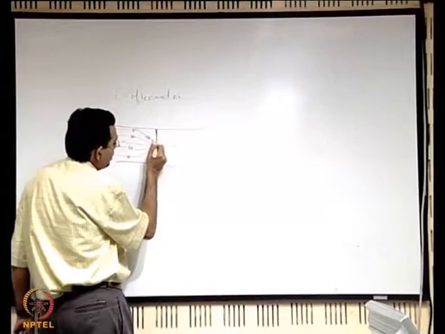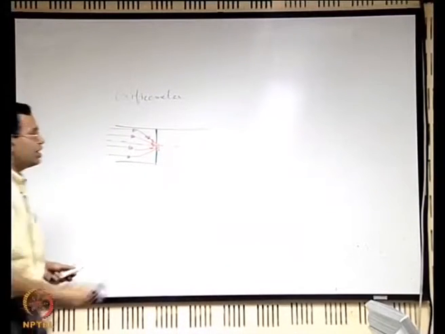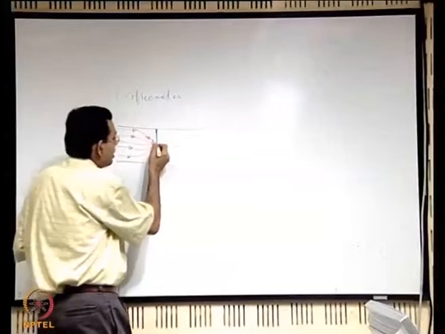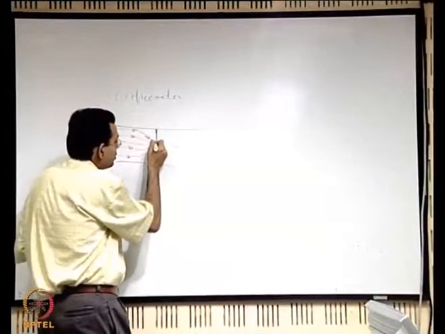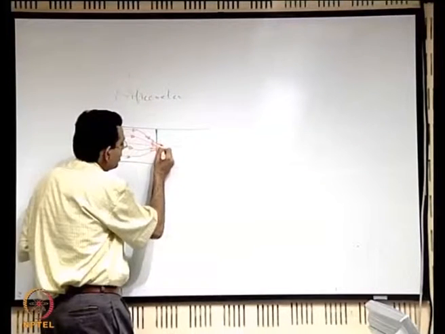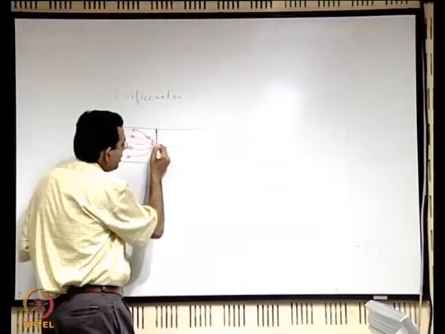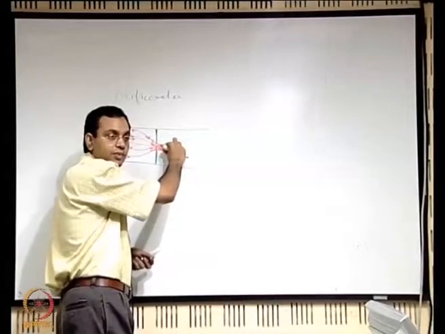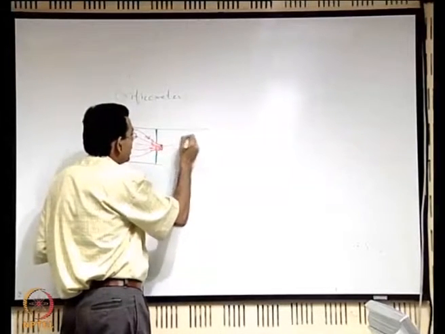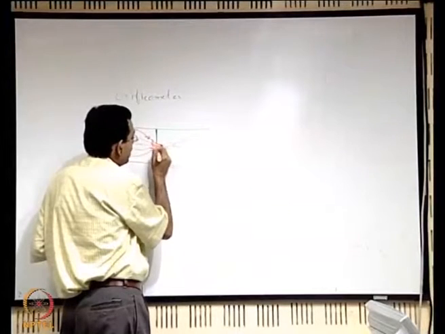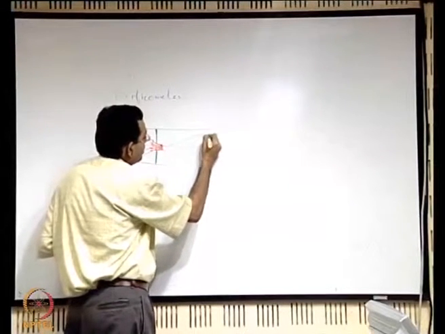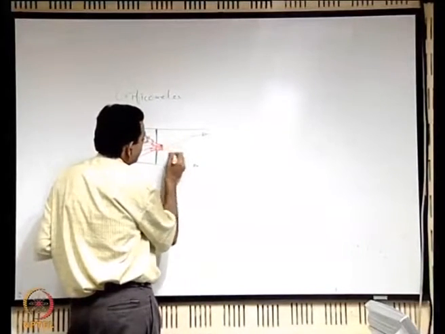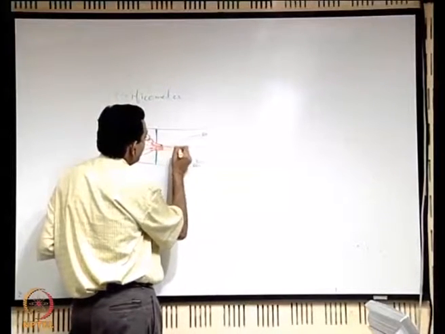When the streamlines pass through this constriction, what happens after that is very interesting. After these streamlines pass, it is not that they become parallel. Because of the inertial effects the streamlines go on tending to converge, till they come to a condition where the distance between the extreme streamlines is a minimum, and then the streamlines tend to diverge again, and the divergence is to match with the pipe contour. So that type of streamline behavior is there.